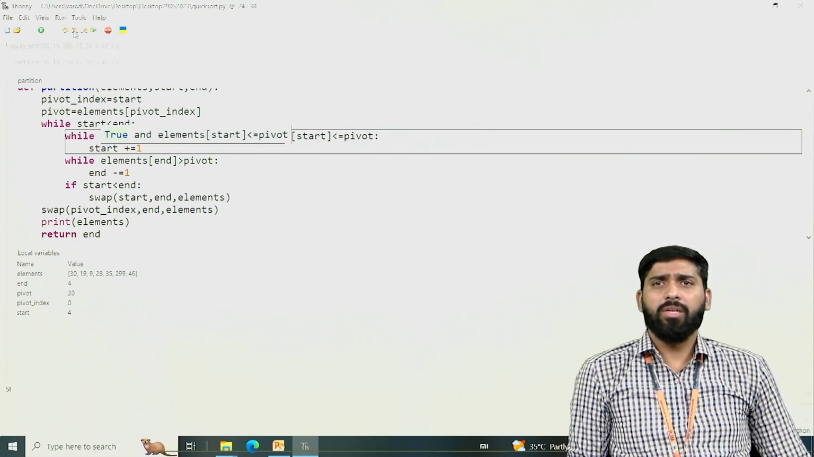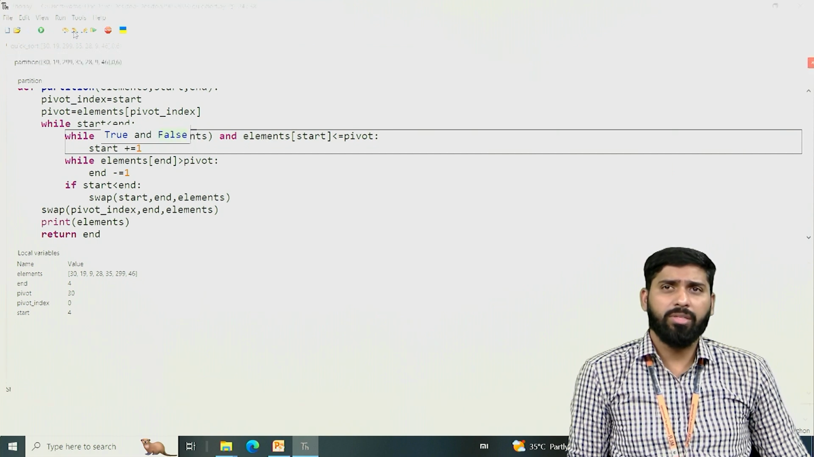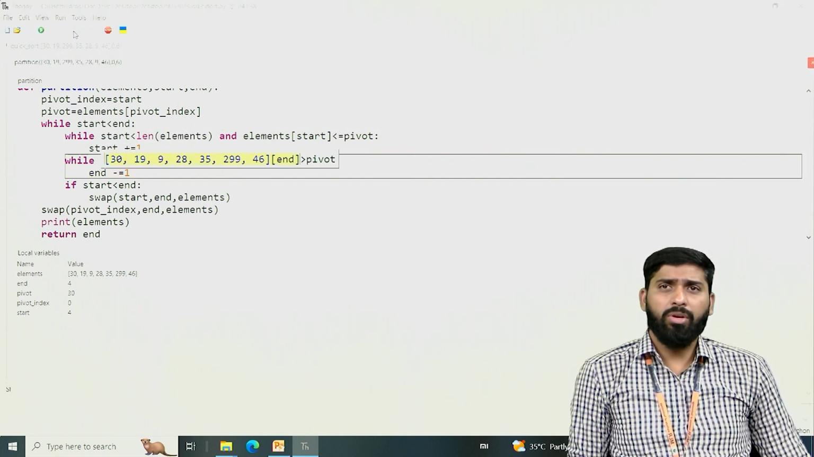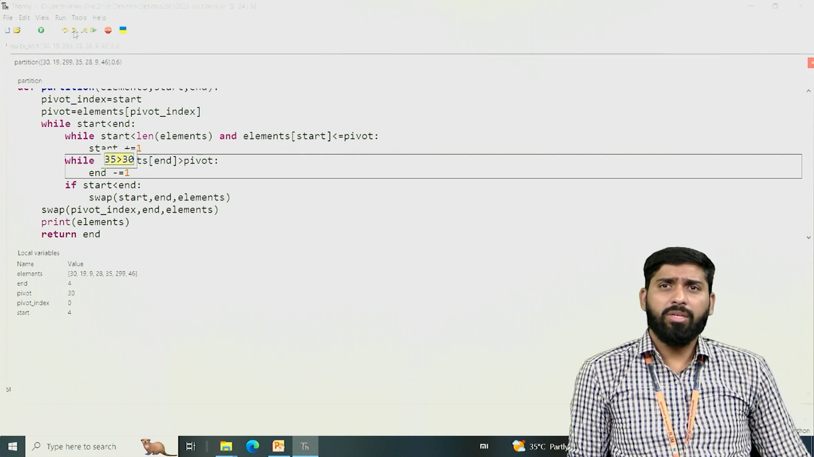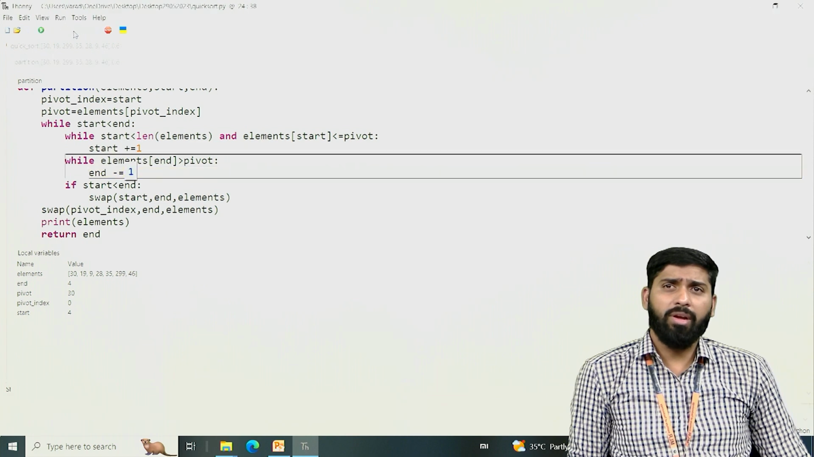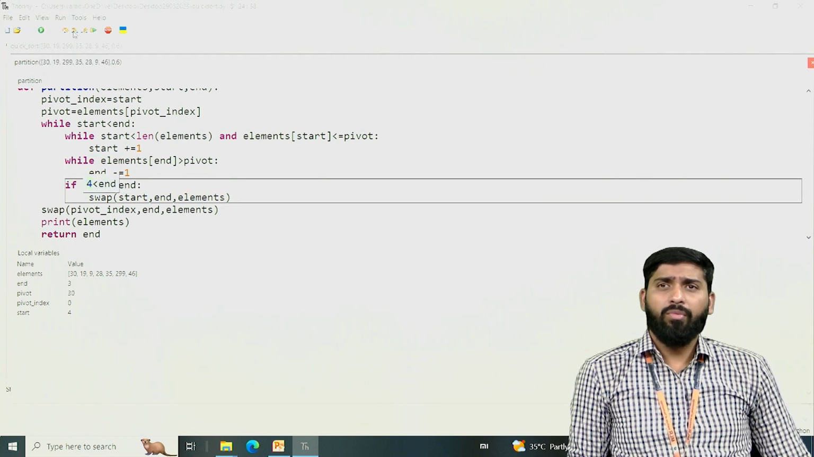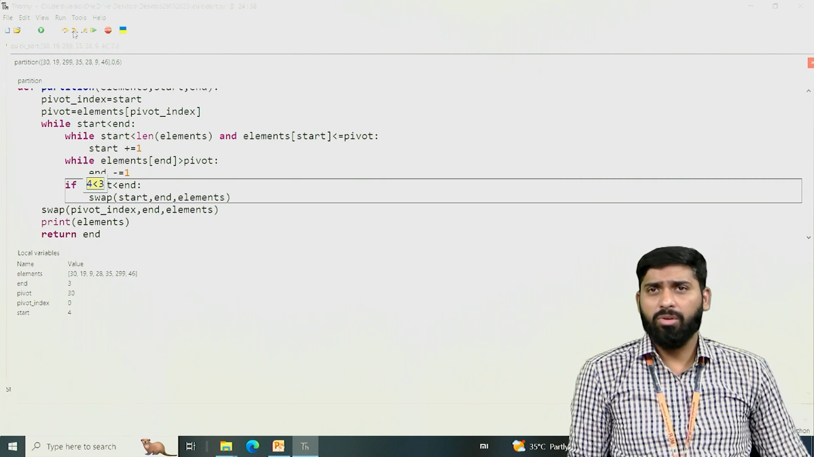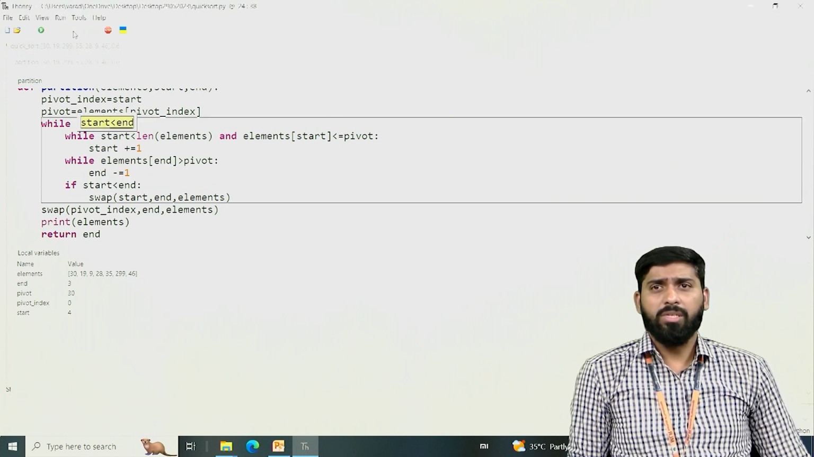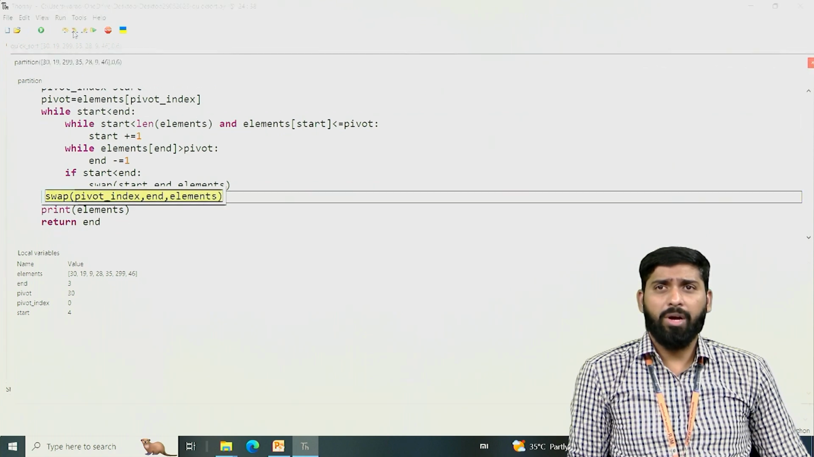4 less than 7, true. So what is elements of 4 here? 35. 35 less than 30, false. Now what is start? 4. Next one, 35 greater than 30, true. You decrement the end value. Now end value becomes 3. Observe that the end value becomes 3. What is start? 4. 4 less than 3, false. So we don't swap. That means we are going to do the final swap here, that is swap of pivot index